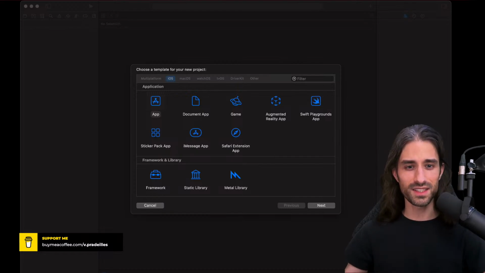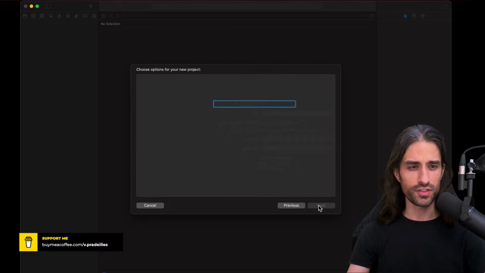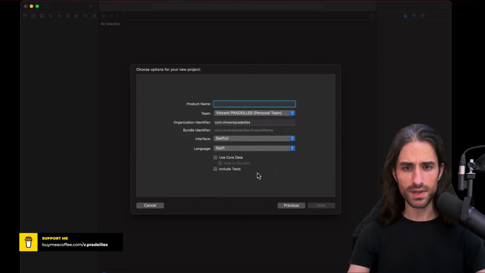So let's get started. And let's start by creating a project so that we start from a clean and fresh place. Let me also get all the windows in check on my end. So I'm creating an iOS app, just like last time. I'm going to call it Discovering the Layout System.